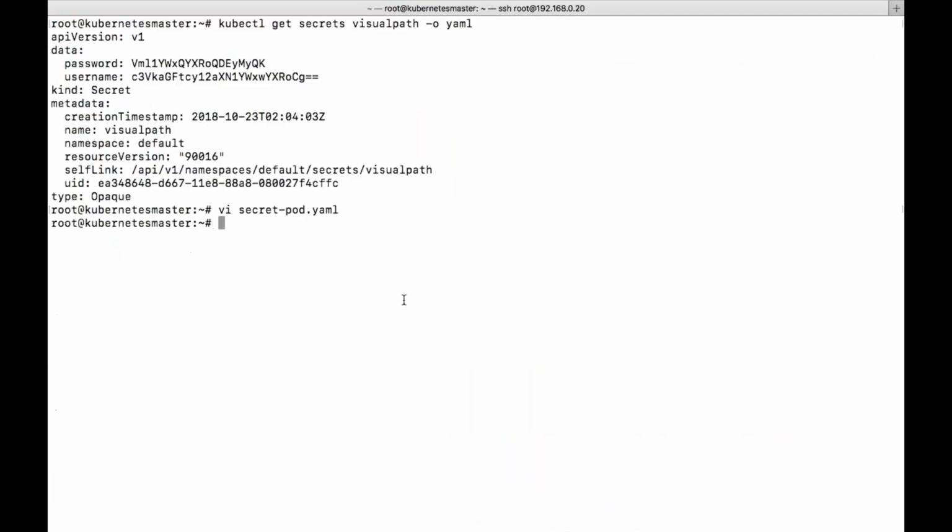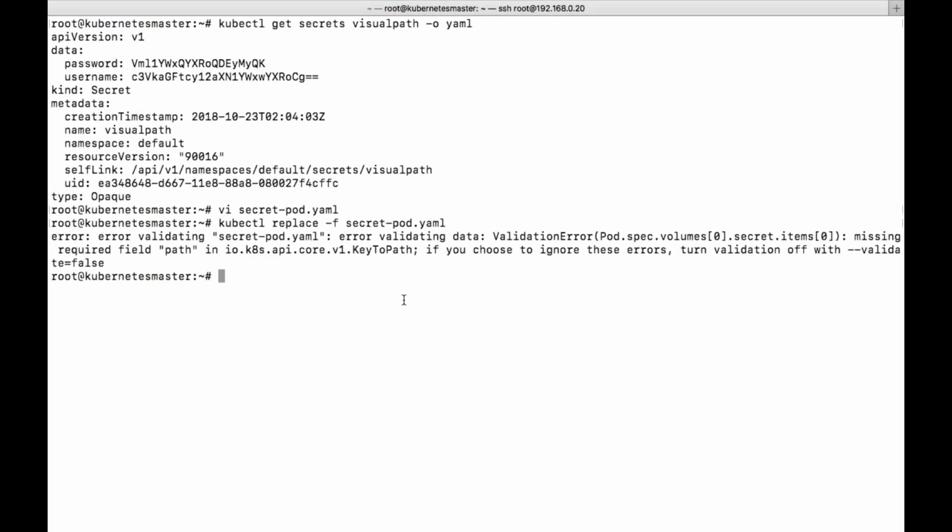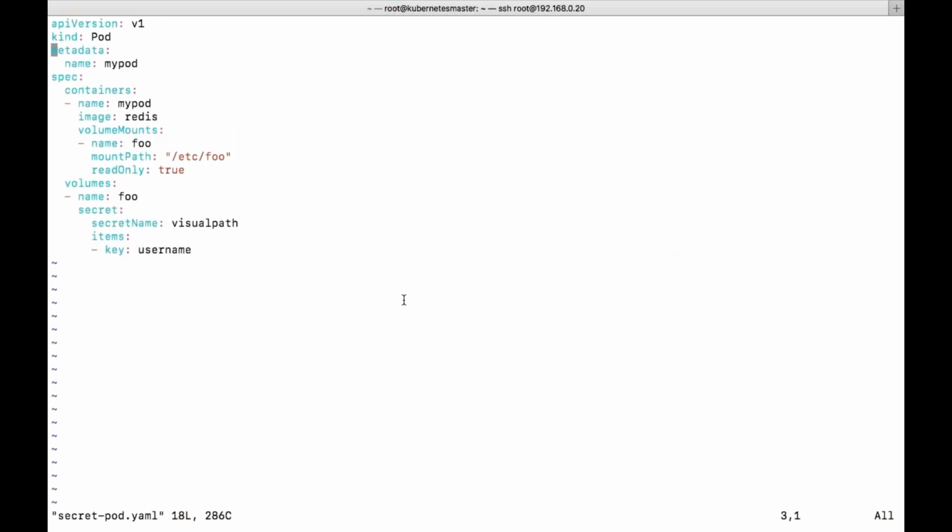So kubectl replace. Missing required field path. Oh.